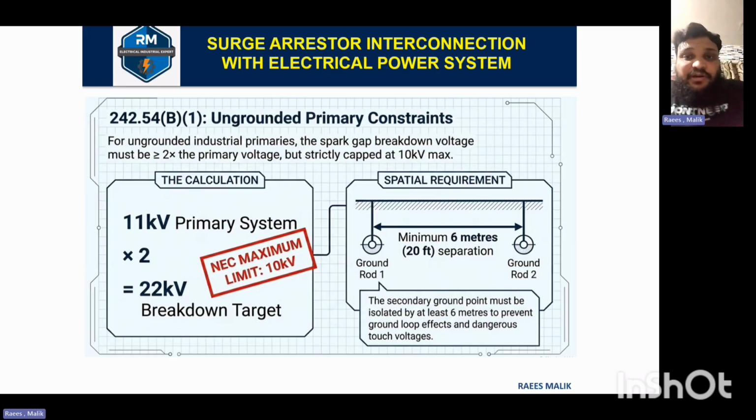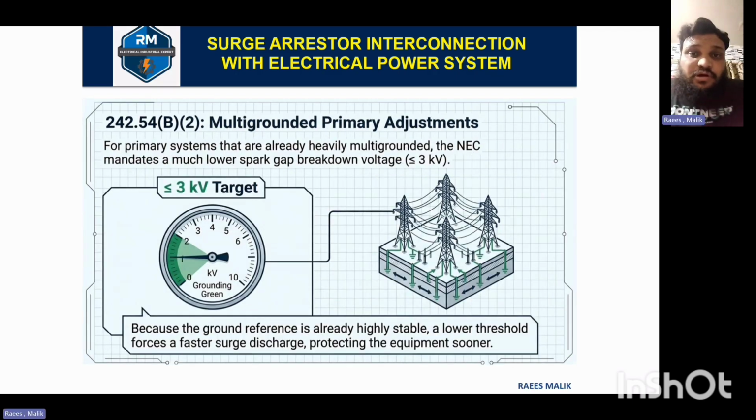Accordingly, if we have 2 ground connections, two ground points, then the minimum distance between both conductors or grounding paths is always 6 meters or 20 feet. It always prevents ground loop effects and dangerous touch voltage when used as per standards. So accordingly, for